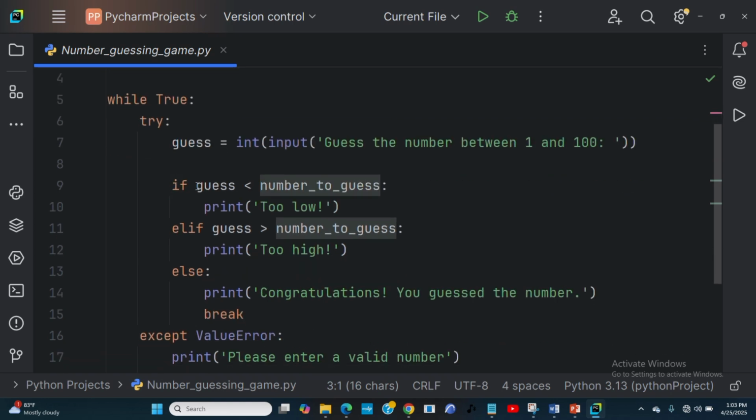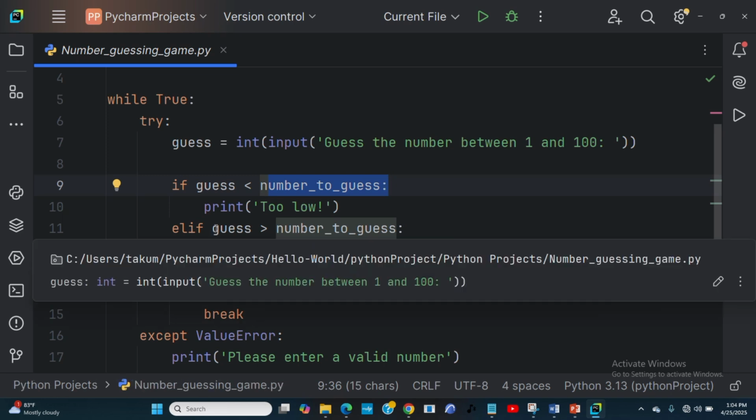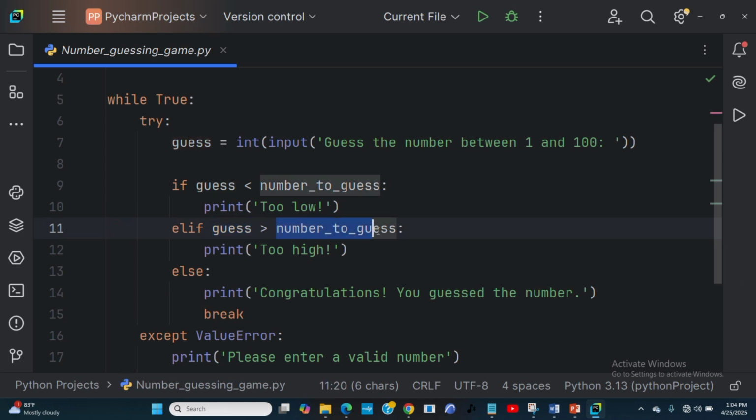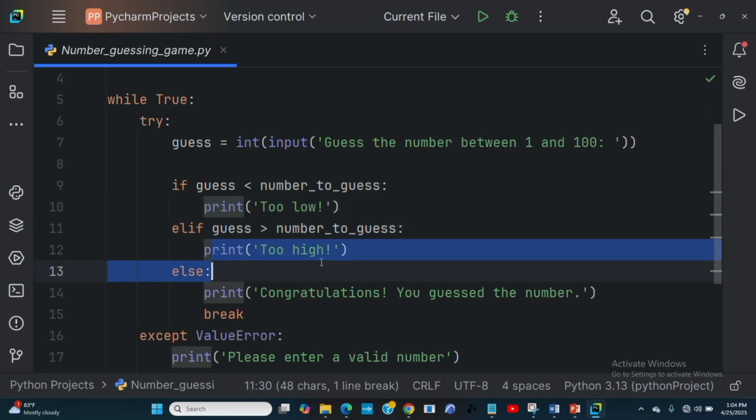So now I'm putting a condition. If the guess, meaning the number that the user is guessing, is less than the number that the program has generated, then you have to print "too low". You get it? Or if the number that the user guessed is greater than the number that the program generated, then you give feedback to the user, print "too high". These two are feedbacks that will help the user to know whether he or she is within the range of the number that the program has generated.